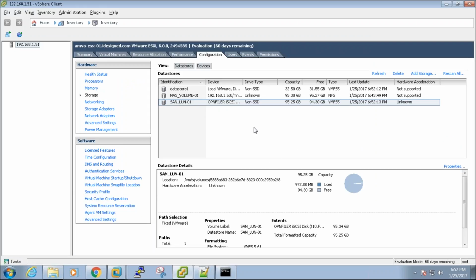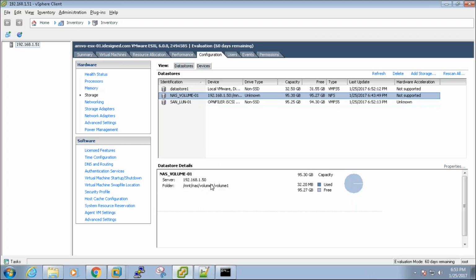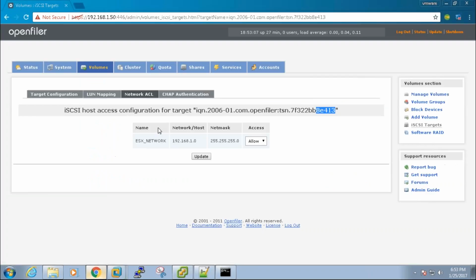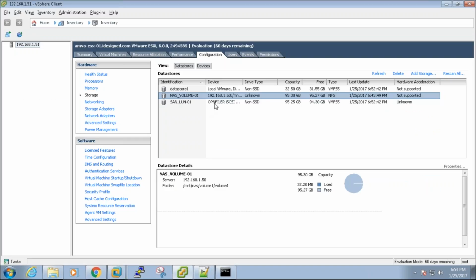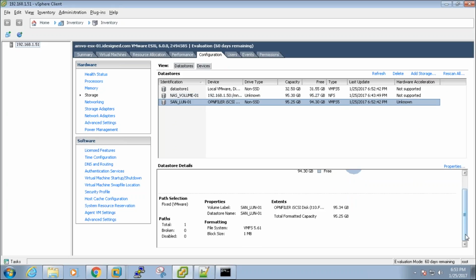But if you see the difference, when I select the VMFS data store, here you can see a lot of details. It'll tell you VMFS 5.61, that is a VMFS file system. But if you select the NFS, you will not get anything because it is a pre-configured file system that is at this level, at the storage system level. Whereas the VMFS data store is actually a VMFS file system, okay, that is created by the ESX server.